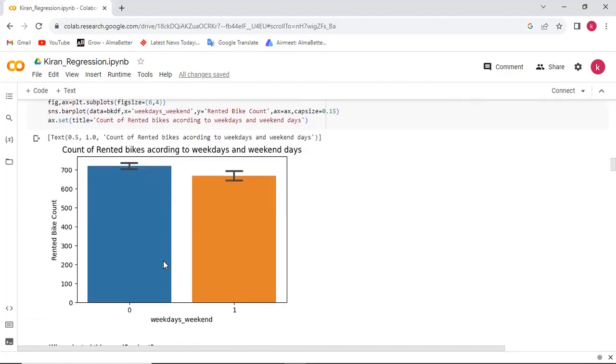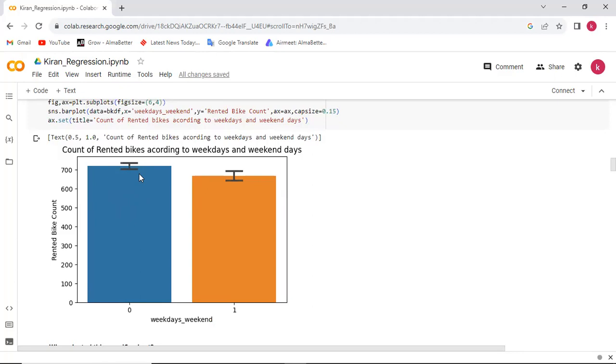Now this is the chart to show the count of rental bikes according to weekdays and weekend days. From this, we can say that weekend days have been observed with a lower count compared to working days or weekdays.